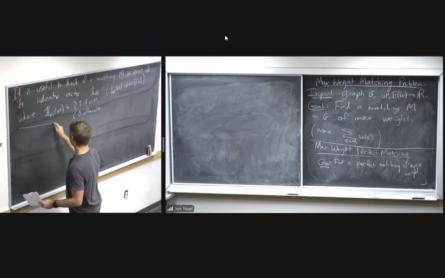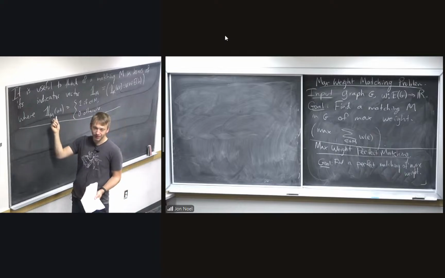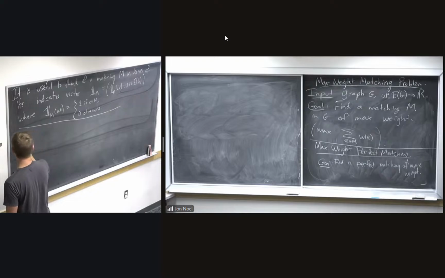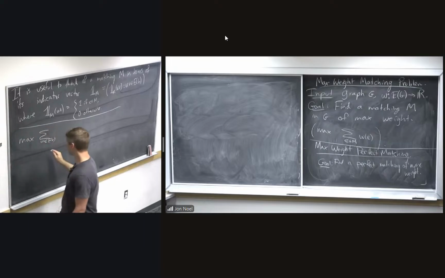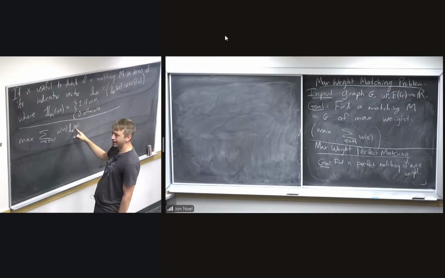You could think of it as a numerical problem involving the indicator. We're maximizing the sum over all uv in the edge set of the weight of uv times the indicator of M evaluated at the edge uv,